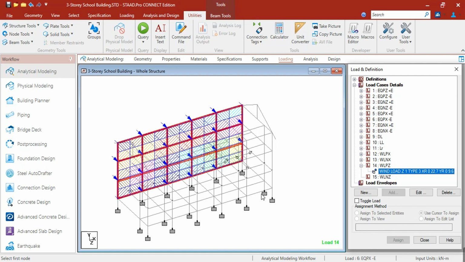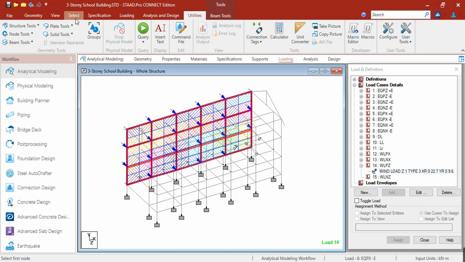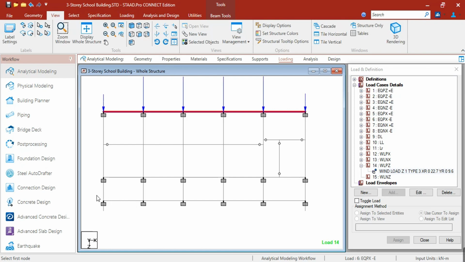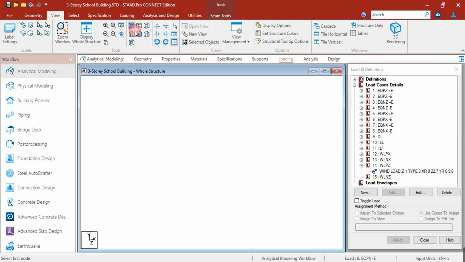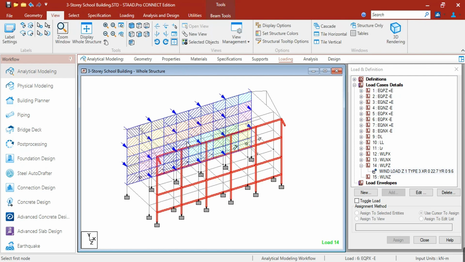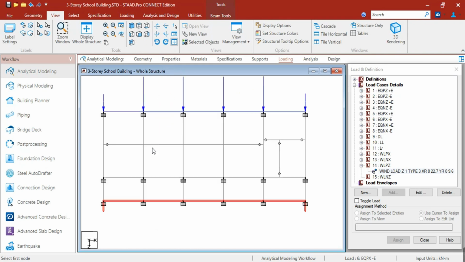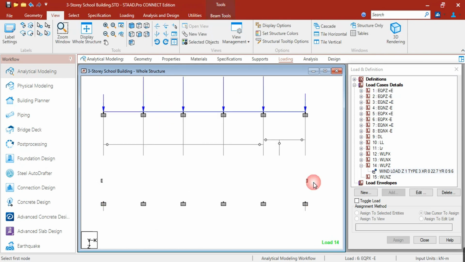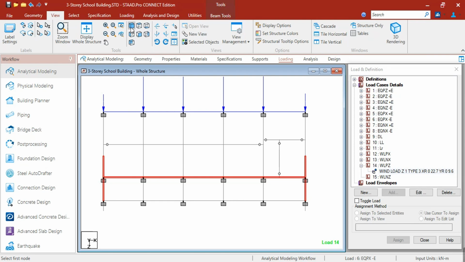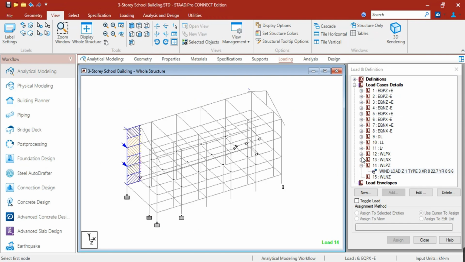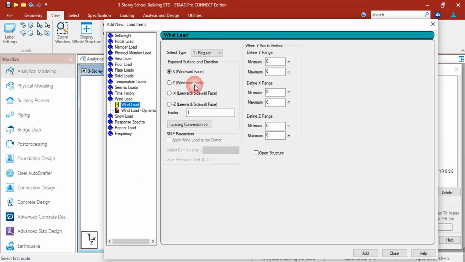Okay, so how about for the leeward? We know that at this area, this is an open space. So that's why we have to load it at this area. To do that, click WPZ, click add, then wind.